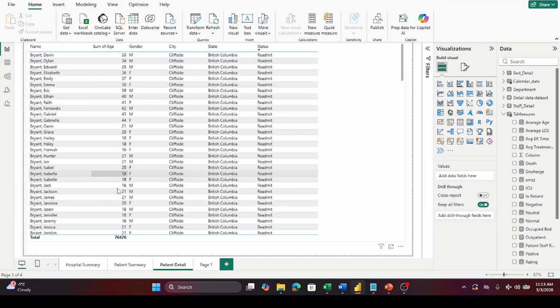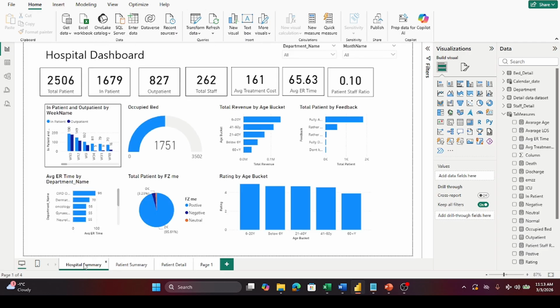So this is the first page, hospital summary. In the hospital summary, we have total patients, inpatient count, outpatient count, total staff, average treatment cost,